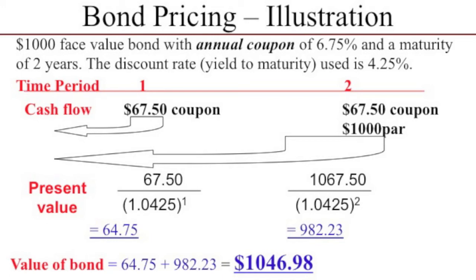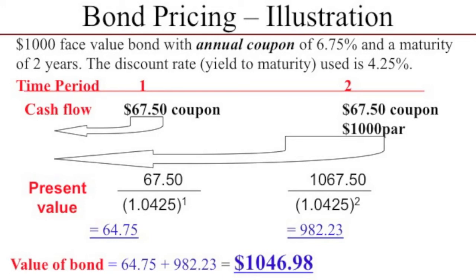And we want to discount these cash flows back. How do we discount cash flows back? Well, we divide by 1 plus the discount rate we're using to the power n, where n is the number of years we're waiting for this cash flow. So in this instance, $67.50, which arrives in a year, let's divide that by 1.0425. We're only waiting 1 year, so we're dividing by 1.0425 to the power 1. We might as well combine the second cash flows that arrive in 2 years' time, $1,067.50. Final coupon and par being received at exactly the same time. And we're going to discount that back by dividing it by 1.0425 squared.